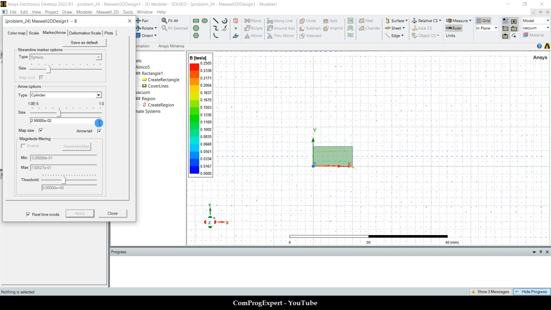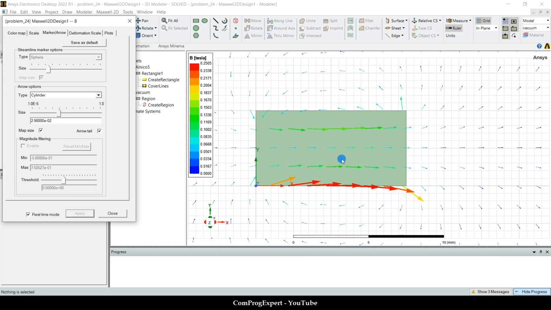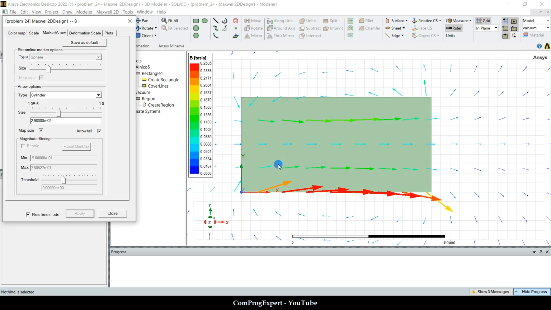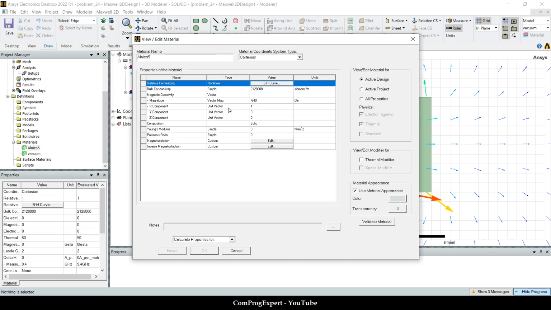Yes, this is better. So you can see this is the field generated by the magnet. We magnetized the magnet in the X direction. So if I magnetize the magnet in the Y direction,